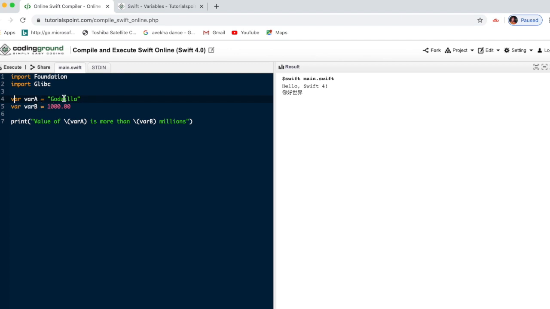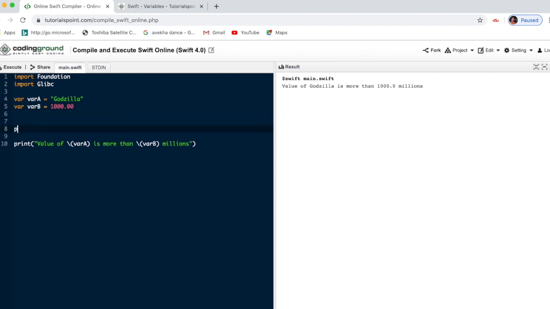Say I am saving one variable. One string is saved into a variable, and one integer is saved in another variable, and I need to display the value. You can just see it this way. If I print var a, now the value is the string value.